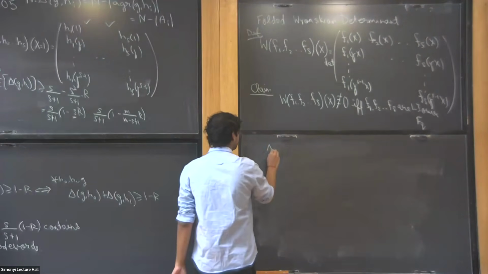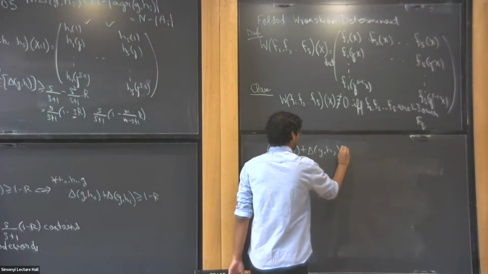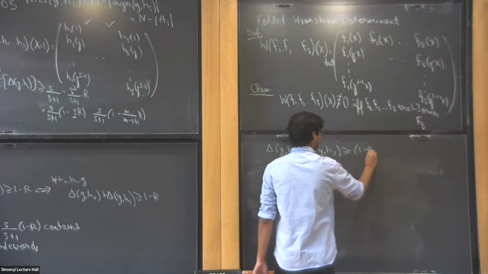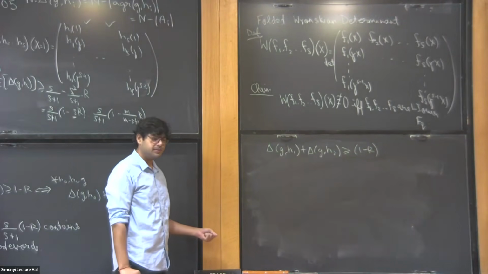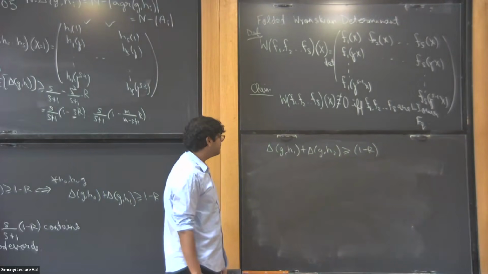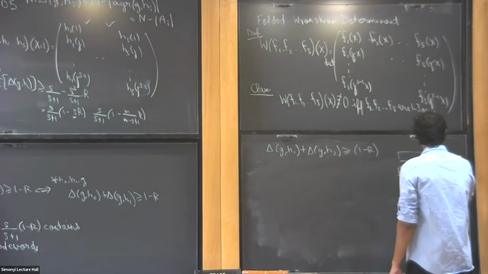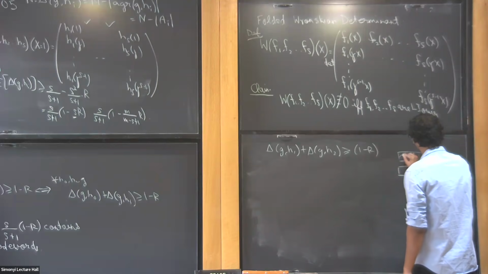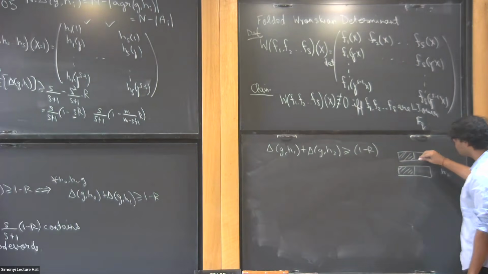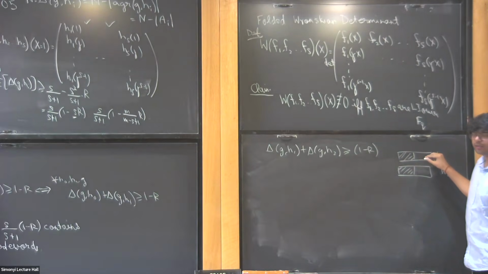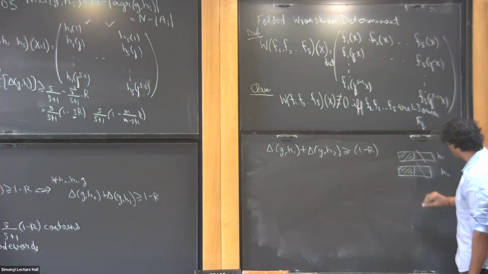So let's recall the distance case that we had, very basic triangle inequality. For Reed-Solomon codes, we said this, right? Delta GH1 plus delta GH2 was more than 1 minus R. How do we prove this? You have H1, H2, maybe they agree in some R fraction, not more than that. So wherever they disagree should in total cover, in union cover 1 minus R. So like G might, let's say,